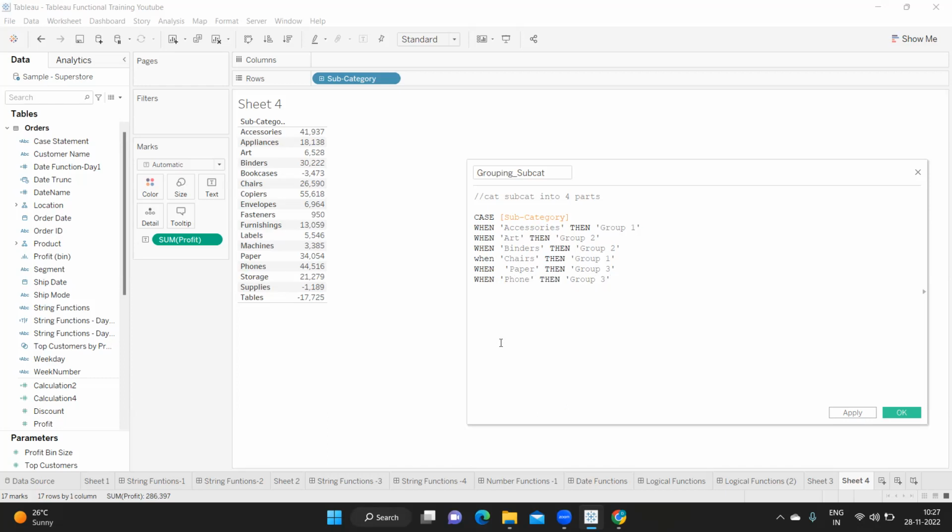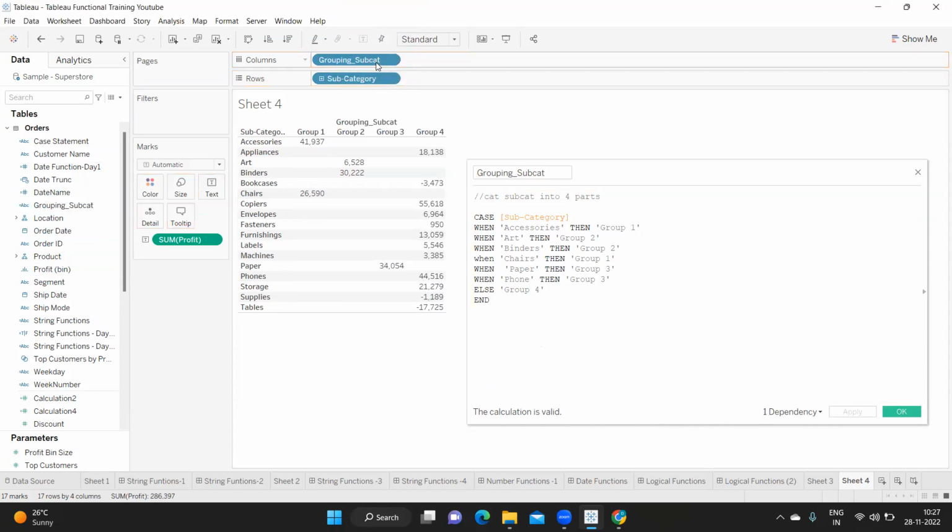Any other value that is coming apart from these, then it is group 4 for me. And it's simple. Now if I click on apply and take it onto the column shelf,